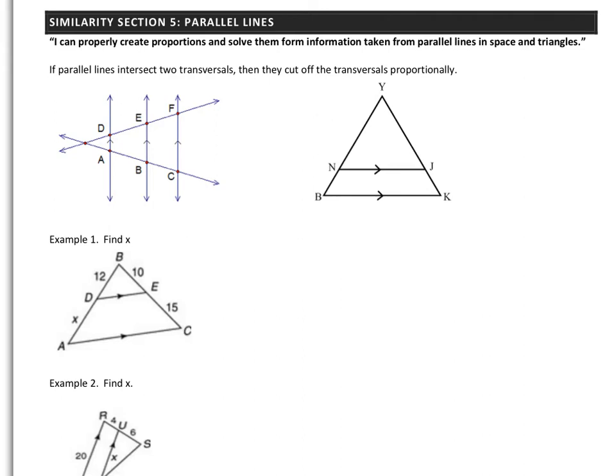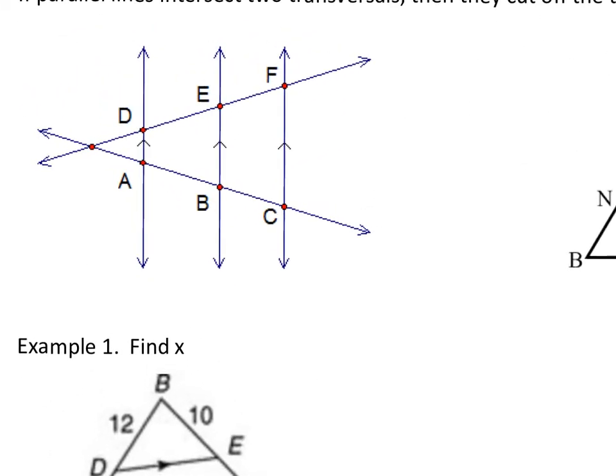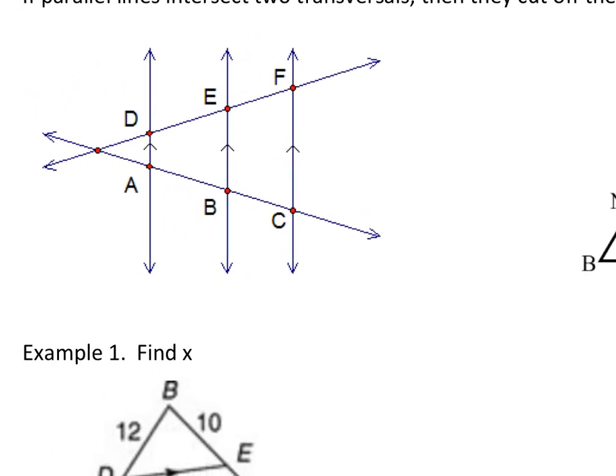Section 5, parallel lines. I can properly create proportions and solve them from information taken from parallel lines in space and triangles. So this whole unit has been on creating proportions and solving with them. Here we have an example of parallel lines and transversals, and then our step really is to create proper proportions from it. And the nice thing is that when you have transversals cutting the same parallel lines, you have